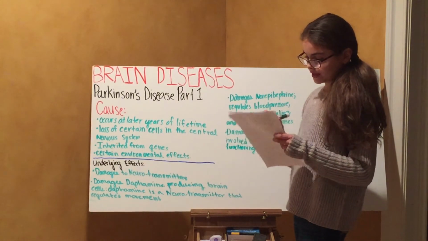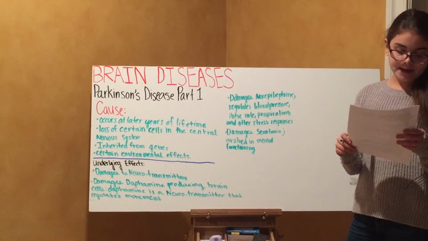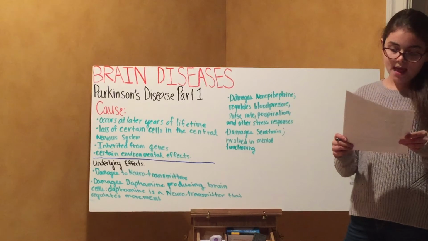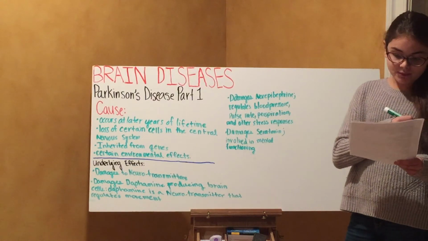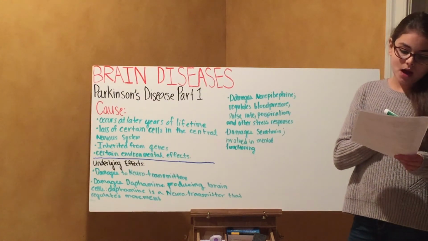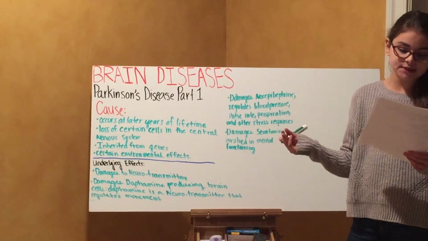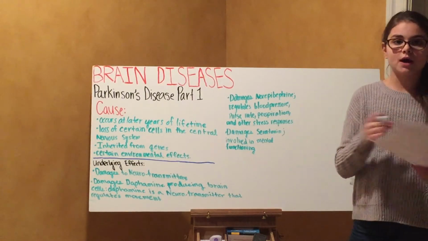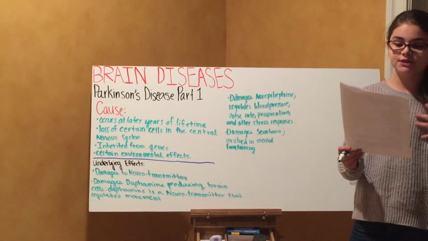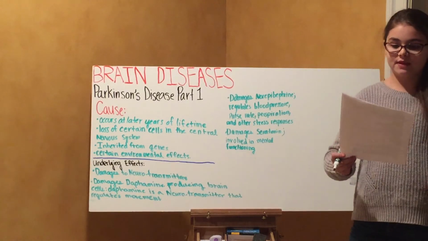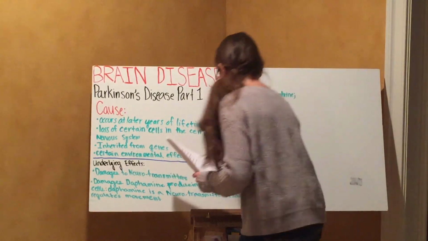And another neurotransmitter that it damages is gamma aminobutyric acid, which is known as GABA, and it is an inhibitory, and glutamate, which is excitatory. One inhibits neurons and one excites neurons, and when not working, this will cause sleep problems. So basically, GABA and glutamate work together to help you sleep. One of them keeps you awake, one of them makes you fall asleep. And when this is damaged, you will start to have sleep problems.